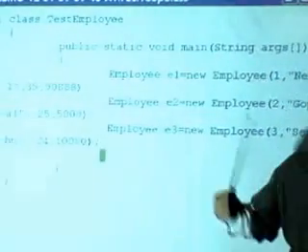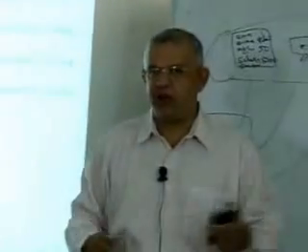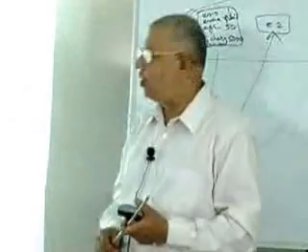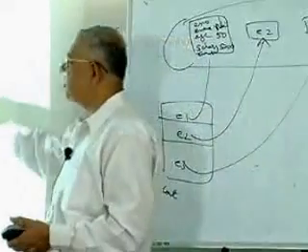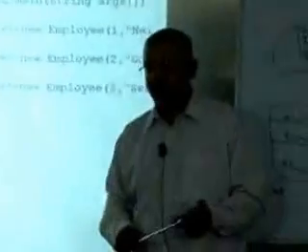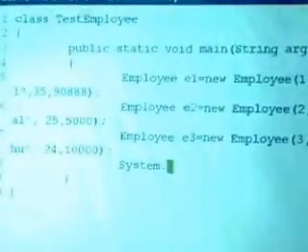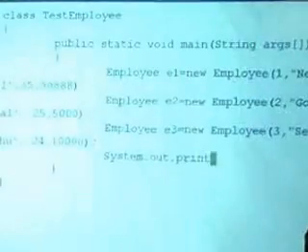Now, I am sure a real life program may accept data from the screen and go on creating employees, and I would create any number of employees in this program. Now at this stage, let's say the time has come to judge how many employees there actually are. Whenever an employee is getting created, you remember I am incrementing a count variable. Now, I'm going to print out employees created so far. Very boldly I'm going to put this line, System.out.println, employees created so far, because that's now the count variable that I have maintained should come to some use.